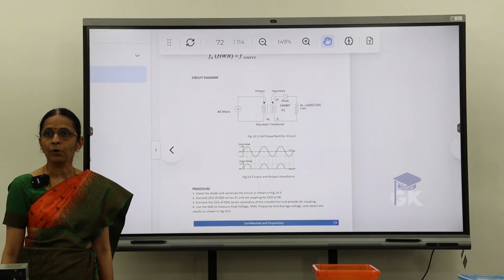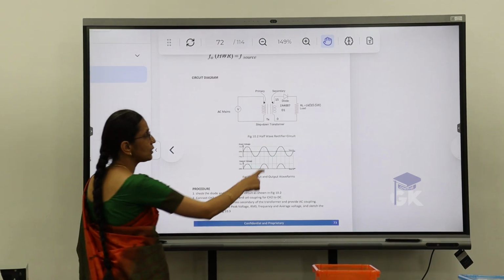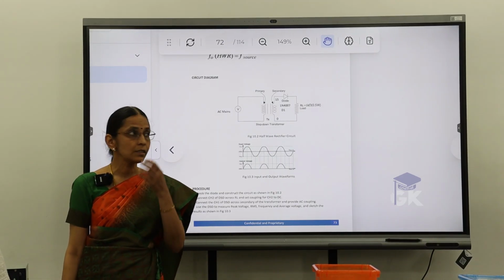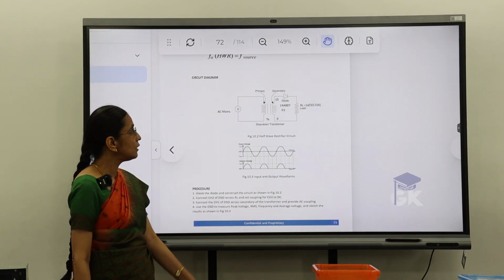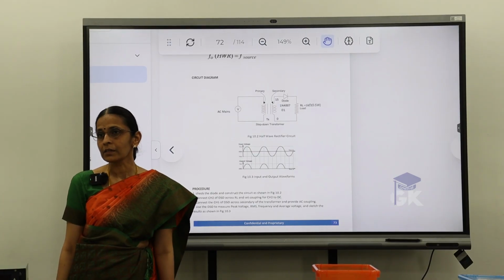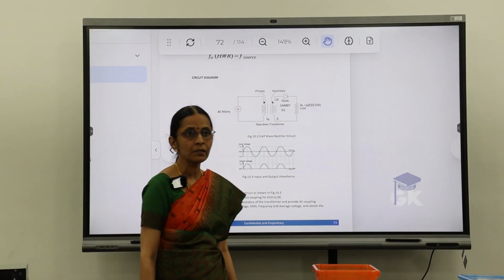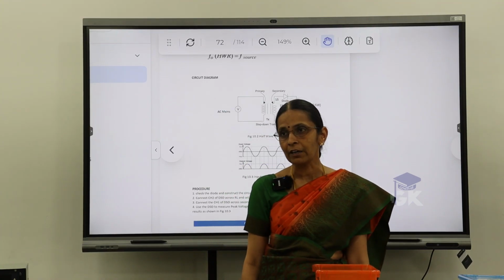The same circuit that we learned, the load resistance is going to change, right? So the load resistance is 1 kilo ohm, and another value will be 5.6 kilo ohm. And what is the wattage? The wattage of the resistor is 0.5 watt.